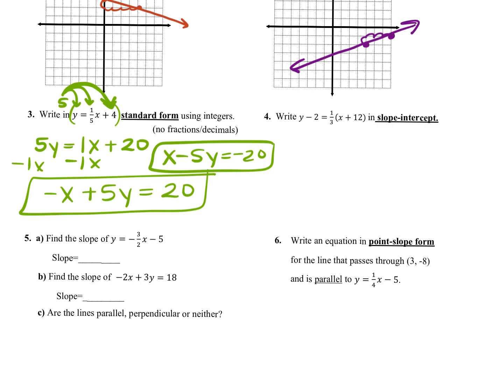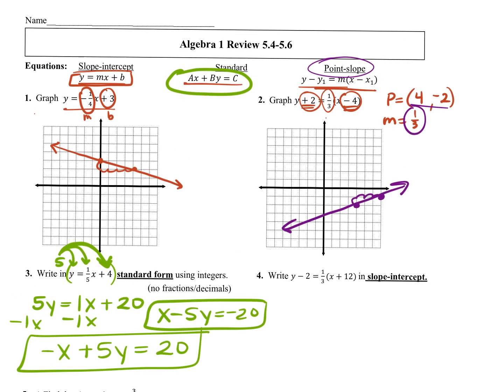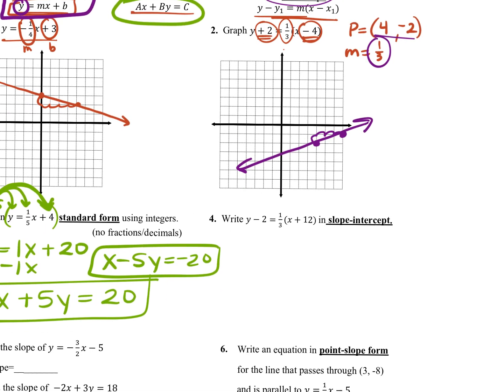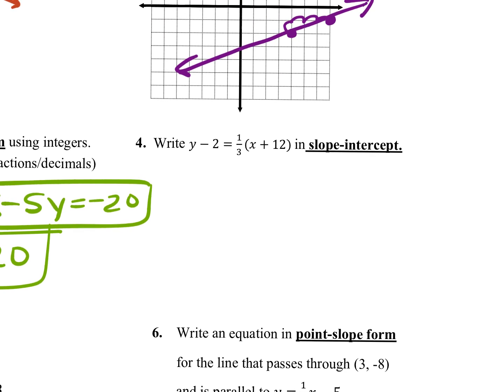Okay. Number 4 says write this in slope-intercept form. And again, if you look up here, you see, oh, slope-intercept form has y all by itself. So that's where I need to get. How do I get y by itself here? What do I do? Add the 2. I'm going to add the 2 later. What do you do first? Distribute first. Okay. So I'm going to do this, and I get y minus 2 equals 1/3 x plus